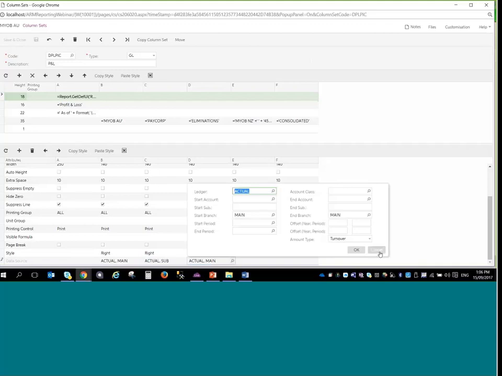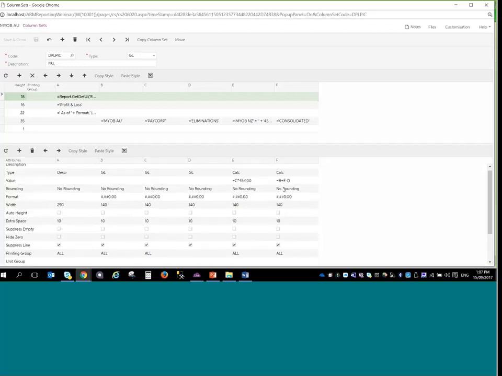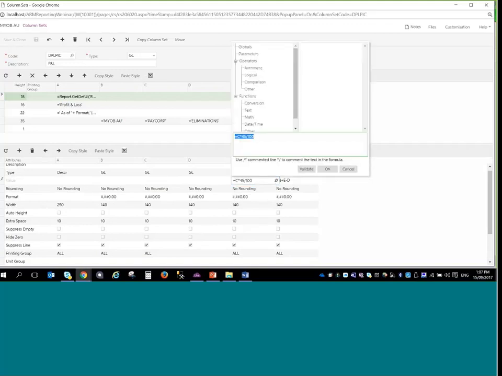Then I've got a third value which is the actual eliminations. For that elimination, because those eliminations are recorded in my MYOB AU ledger, I've just chosen the branch as main, which is my MYOB AU, and ledger as actual. But it's got something more into it, which I will talk to you about, how you can have the eliminations working. And then the next one is the 45% share I was talking about, which is coming from the MYOB NZ, how it will look. Okay,